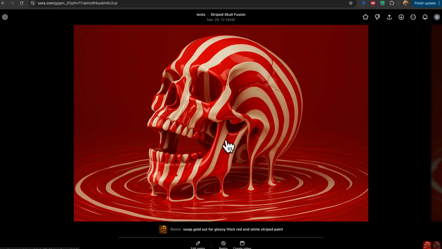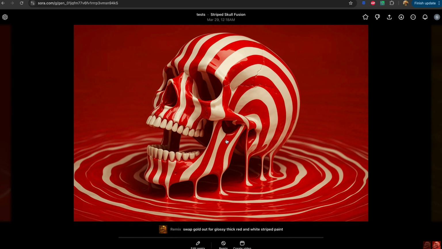But it just goes to show that you can start off with one thing in mind. You can change it, and then you can just have a complete curveball near the end and end up with something completely different that you really love. And this is what I really, really like about creating images this way, through the remixing and the iterative prompting that it allows you to do in